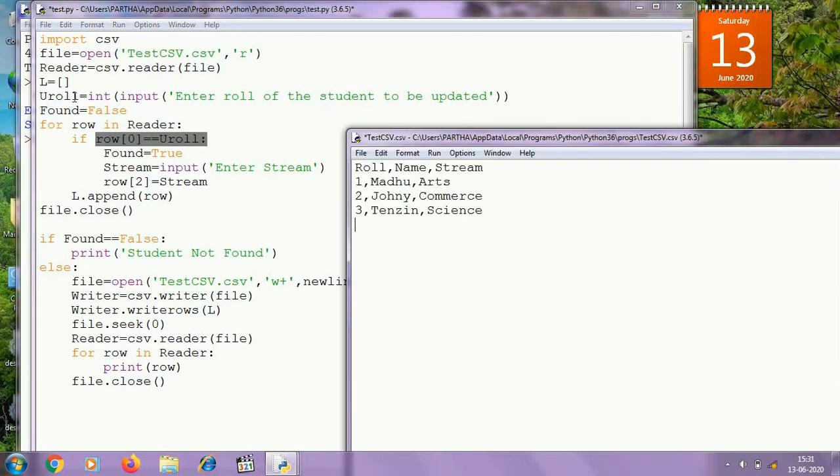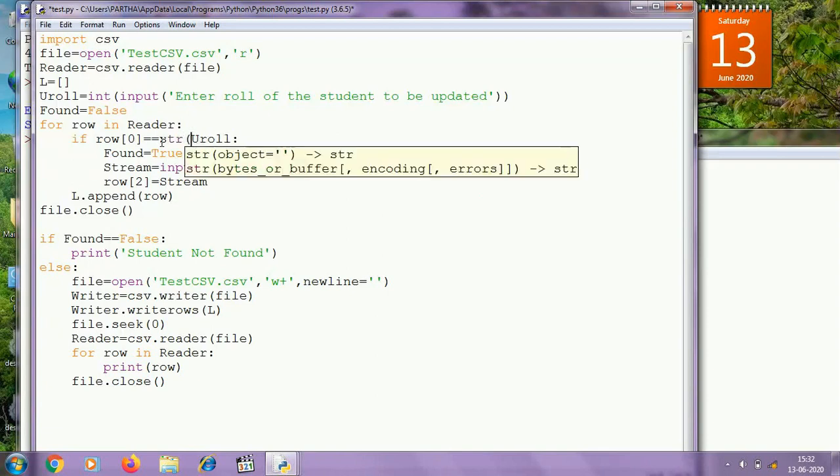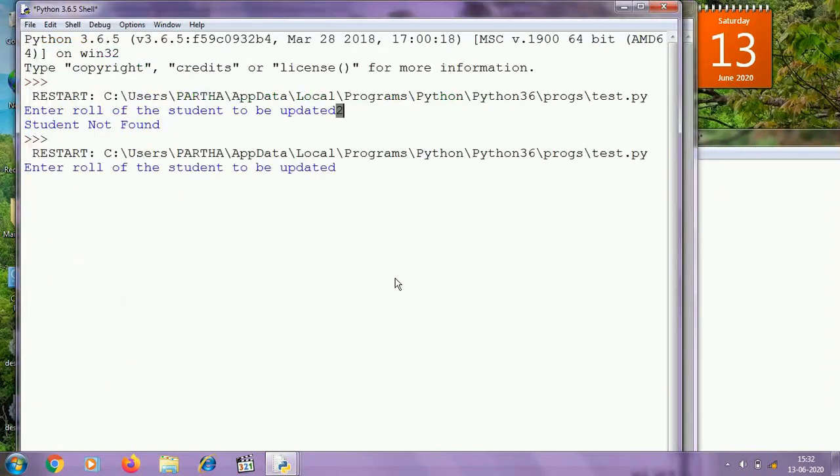Actually uroll is an integer, and in the file everything is stored in text format. So here the roll number is a text or string, so I need to convert uroll to string using the str function. Now check the output.